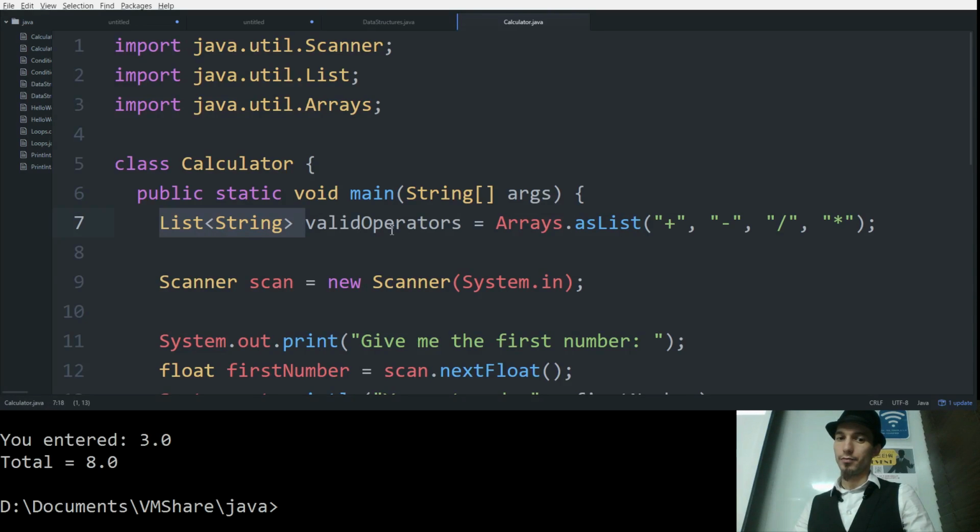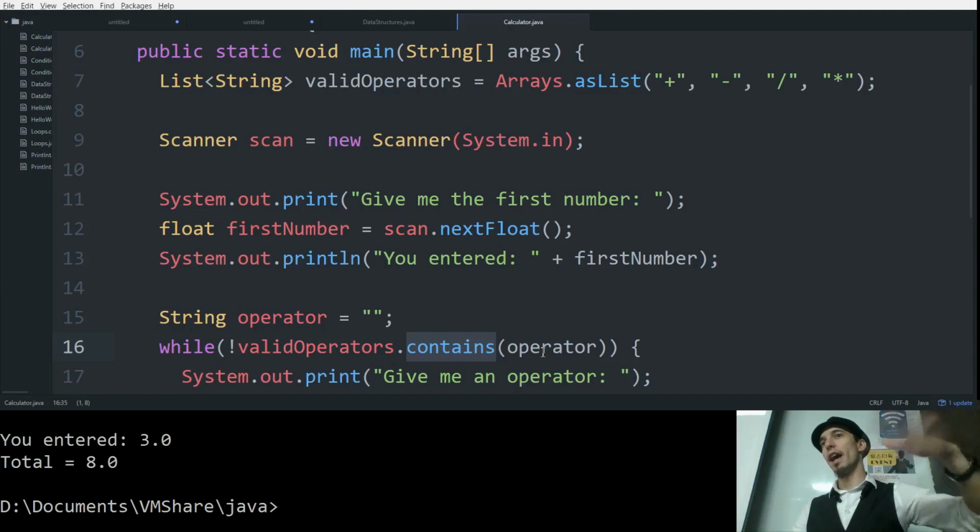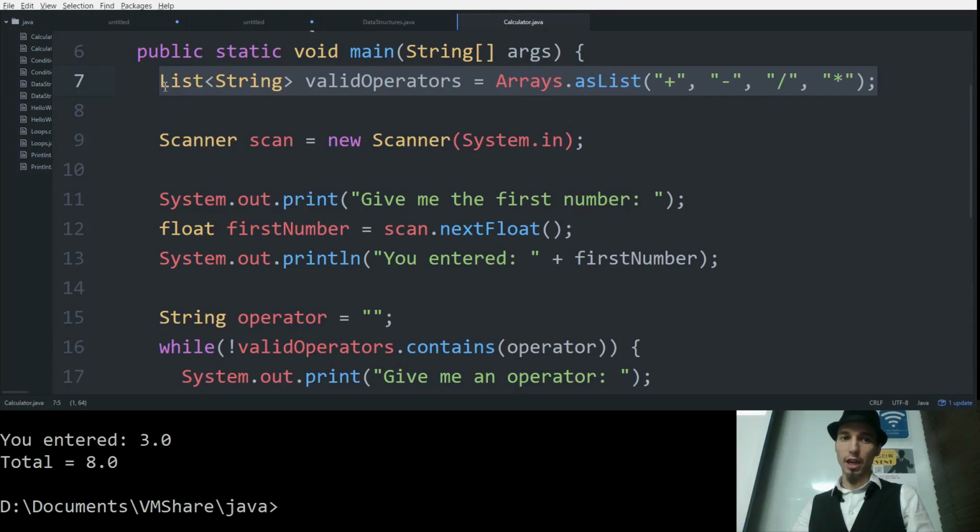And this list is very similar to an array list, like we did earlier. That gives us our valid operators in an array list, and this list type has this contains method, whereas the raw array did not have contains. That just doesn't exist on a raw array. Does that make sense? Cool. So now we have a list of valid operators, and we check to see if it contains that. So now if we try this,